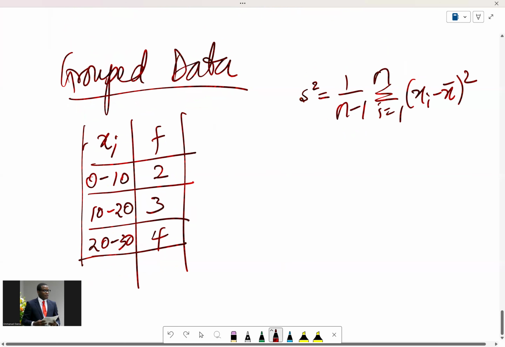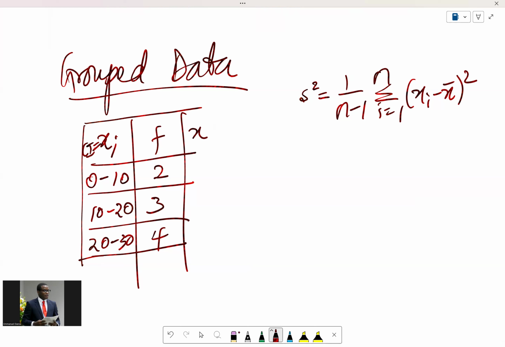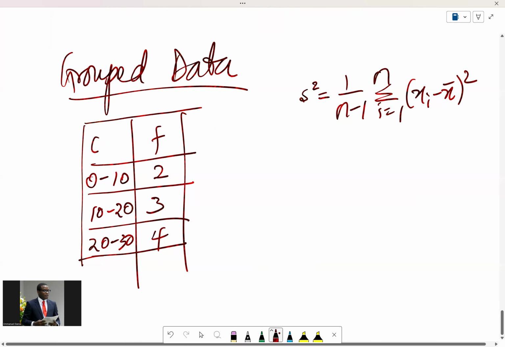So this is our class interval. Let me just call it class interval, exactly what it should be. When I get the midpoint, then I just call that xi. So this is ci, and after the ci, I'm going to need xi. That's computing the midpoint. And after that, I'm going to need